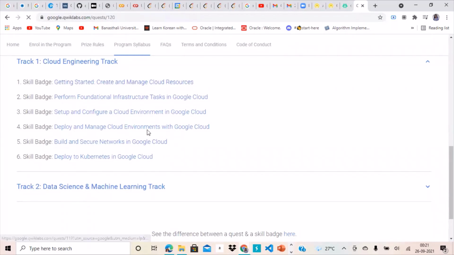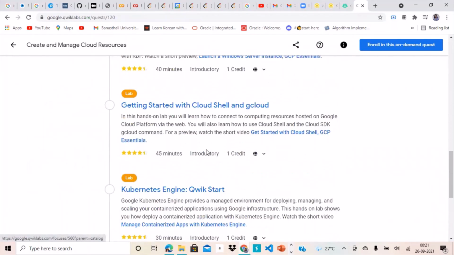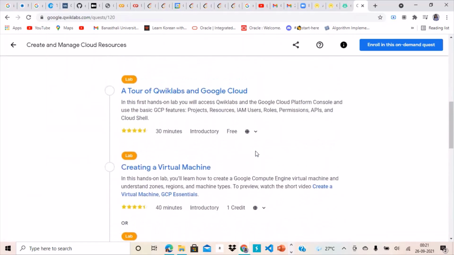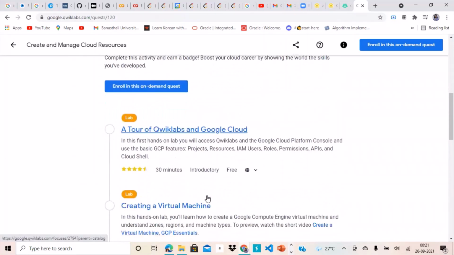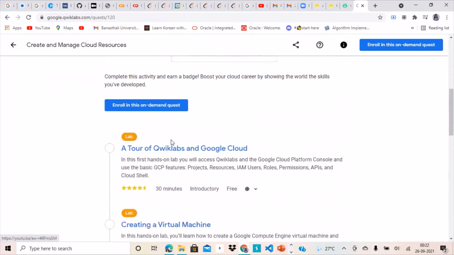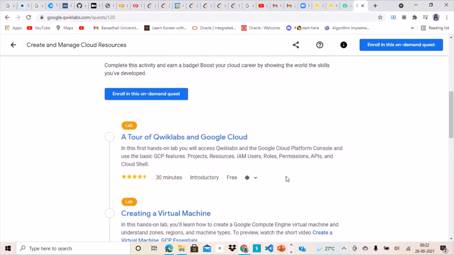Click on it, and here you must see a number of labs that are needed to be done in this particular skill badge. So in this week you need to complete all these labs. And if you face any issue, you can write your issues in a Google form